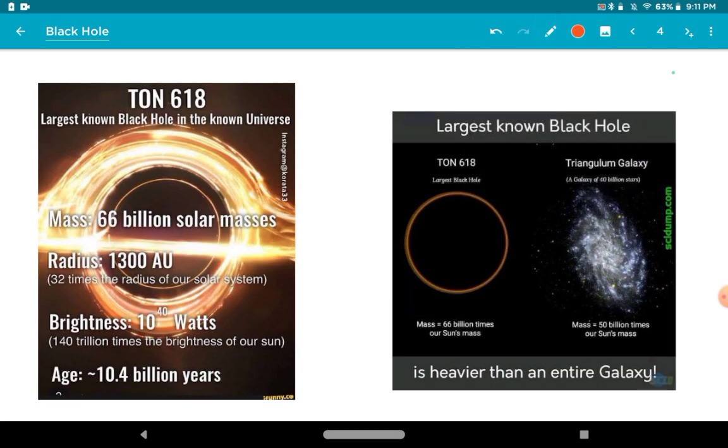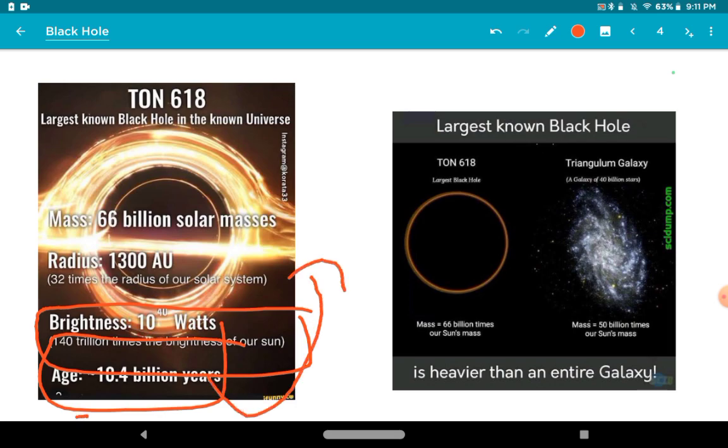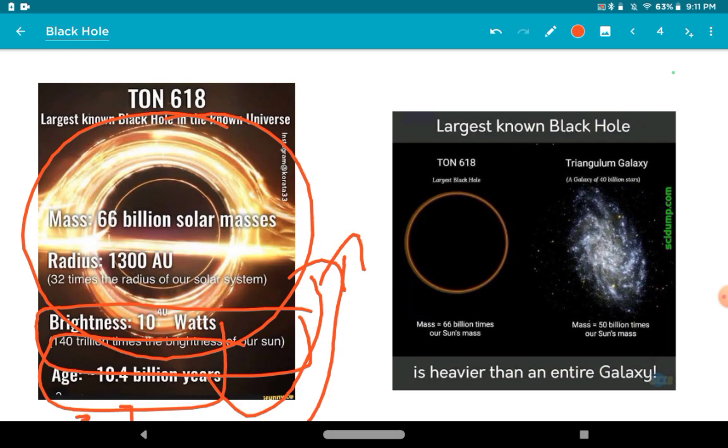ब्राइटनेस कितनी है इसकी। ब्राइटनेस इज 10 टू द पावर 40 वॉट्स। मतलब हमारे सन से 140 ट्रिलियन गुना ब्राइटनेस है इसकी। अब इतने बड़े ब्लैक होल को लार्जेस्ट ब्लैक होल तो बोलेंगे ही ना। और इसकी एज 10.4 बिलियन ईयर्स है। तो ये 10 बिलियन साल पहले की इमेज है। ये जो डाटा मैं बता रहा हूँ, ये उसकी 10 बिलियन साल पहले की इमेज के आधार पे निकाला गया है। अब तो इसका साइज काफी बड़ा हो गया होगा।